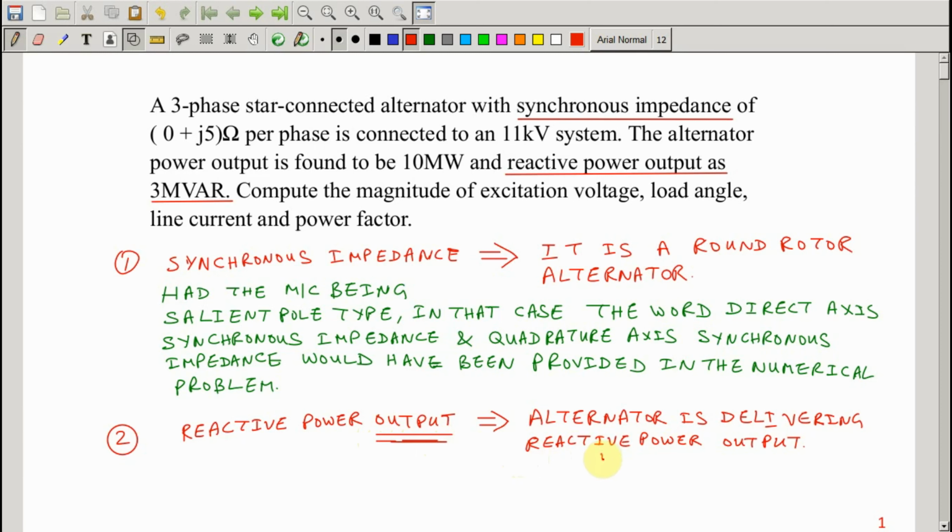So this also implies that the alternator is overexcited. Let me write it neatly. Alternator is overexcited. So how do you know the alternator is overexcited? This is because